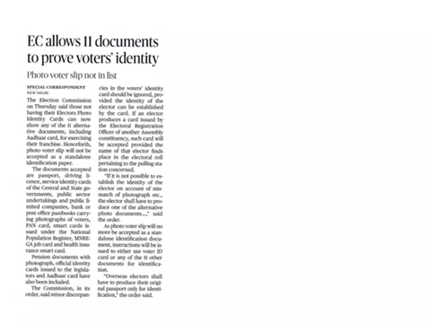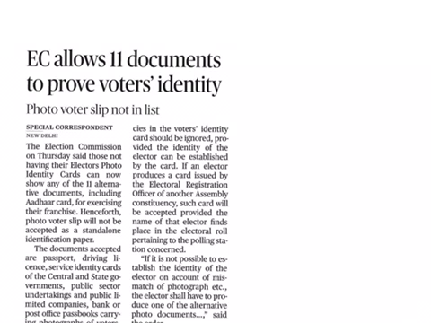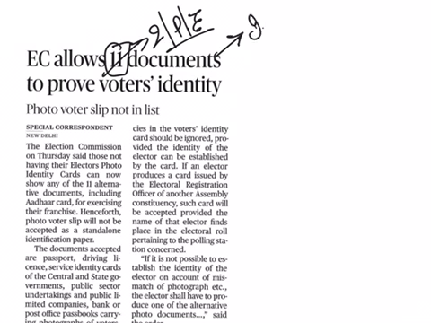The next article is Election Commission allows 11 documents to prove voters' identity. This article is very important. It comes under GS paper 2 under the topic of polity, and here the subtopic is elections. The Election Commission has brought in 11 documents, and these 11 documents can be shown as ID proof in order to vote during our elections.